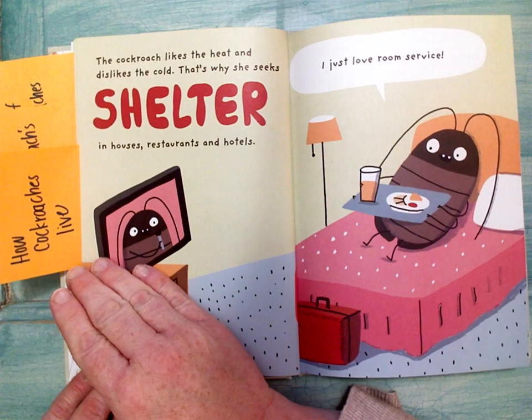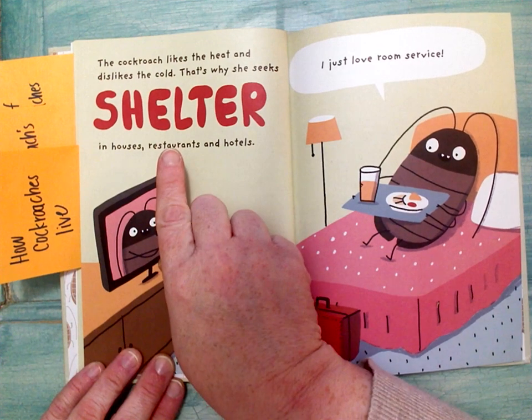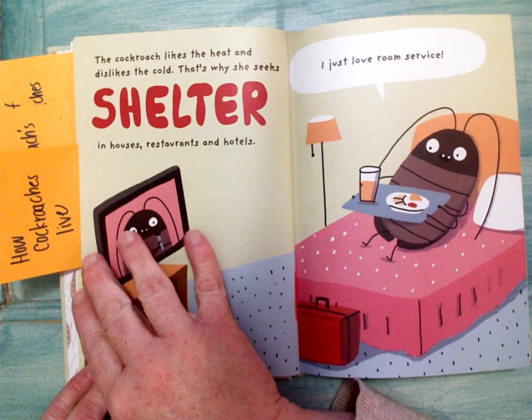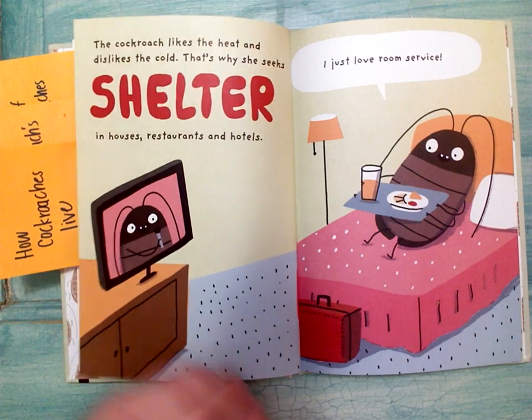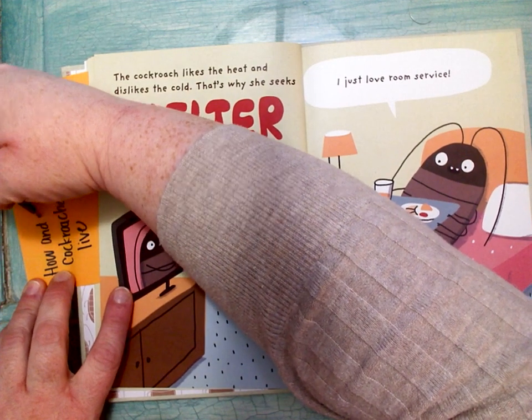So that's still telling me about how cockroaches live. They like heat. They don't like cold. That's a good reason for me to keep my apartment really cold. And then they seek shelter. So this is about how cockroaches live, and it's also kind of where. Maybe I should put how and where